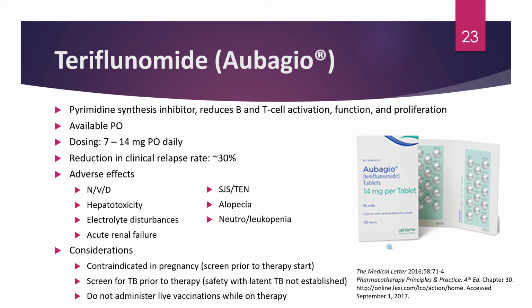Teriflunomide or Aubagio is another medication. This is actually a chemotherapy agent. It's a pyrimidine synthesis inhibitor, reduces B and T cell activation, function, and proliferation. It's available orally. It does reduce the clinical relapse rate by about 30%, so not as good as dimethyl fumarate or Tecfidera. Adverse effects include nausea, vomiting, diarrhea, hepatotoxicity, electrolyte disturbances, renal failure,